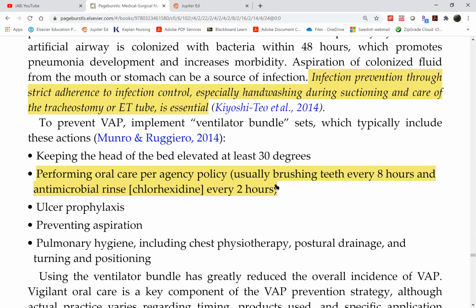ulcer prophylaxis, aspiration prevention, which, besides the head of the bed elevation, always think about your cuff. Remember, the ET cuff has secretions above it. So before you deflate the cuff, make sure you suction the subglottic area. If you can't picture that, let me